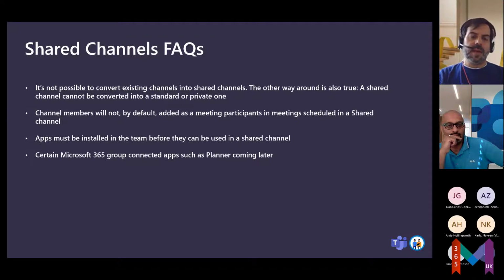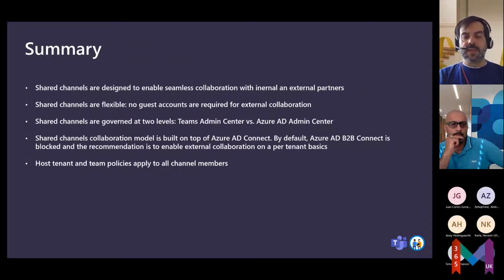And then this was already mentioned before. You need to first install the apps in the team before you can use them in the shared channel. And yeah, there are some apps that are group connected that are not available in shared channels yet, such as Planner. So, just finishing,